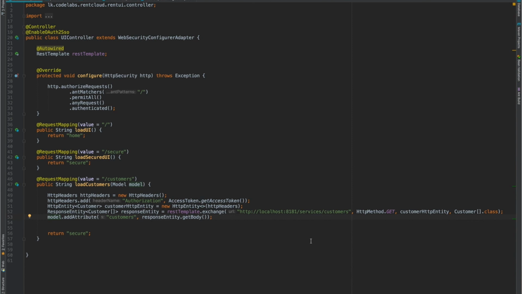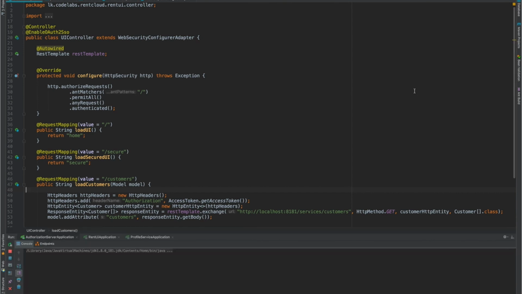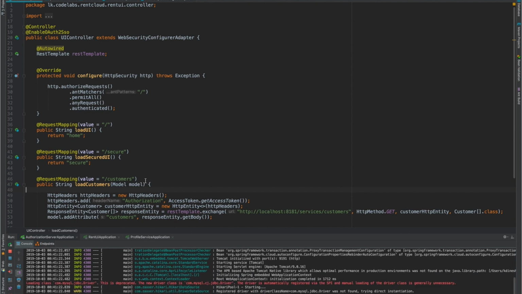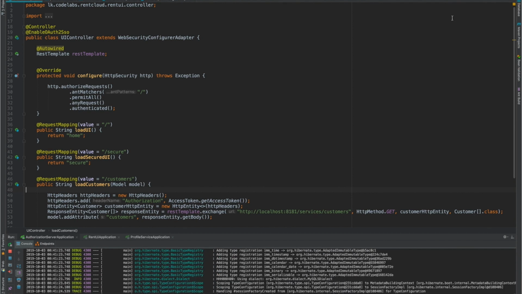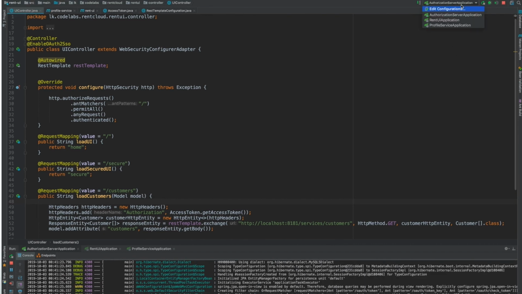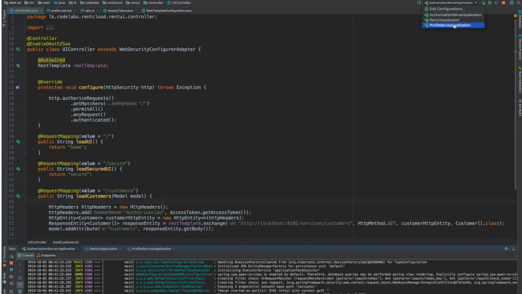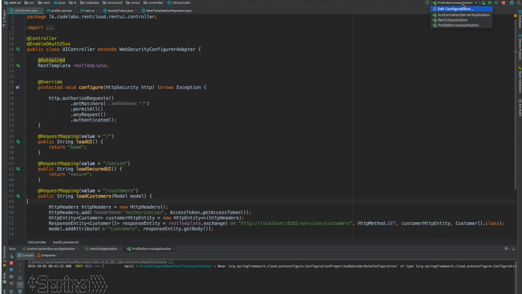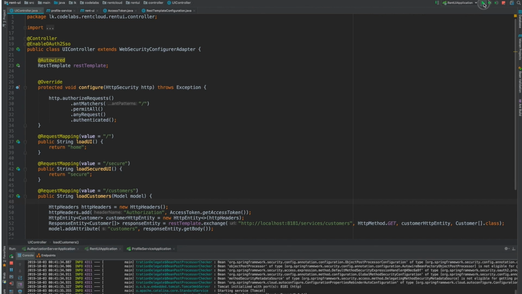If you want, we can try this. Yeah, let's try this first. Okay, so then we can go to the next phase. Okay, so I'm going to start my authorization server first. Right, so let's go. Let's get the errors and fix the errors. Okay. Right, so then at the same time I'm going to start my profile service and also my rent UI,